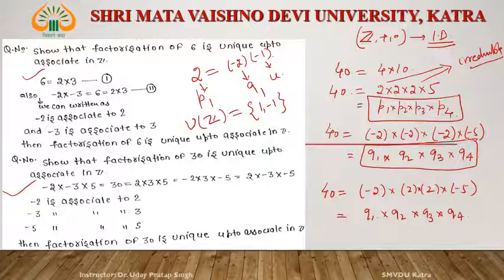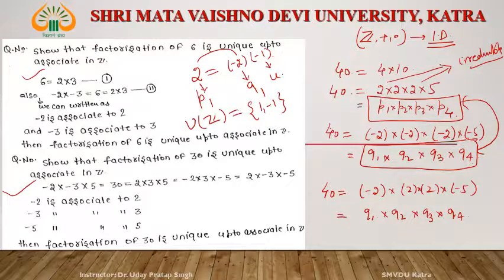Yes. So minus 1 is a unit. Okay. So what are 2 and minus 2? They are associates. Similarly 5 and minus 5 are associates. So these factors and those factors are associates of each other. Lengths are the same, 4 and 4. It means 40 has a unique factorization in this Z, plus, dot. So this is unique factorization up to associates. Yes. Now come to the given example.